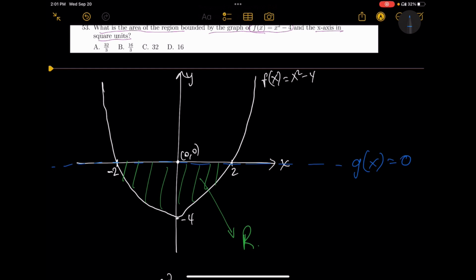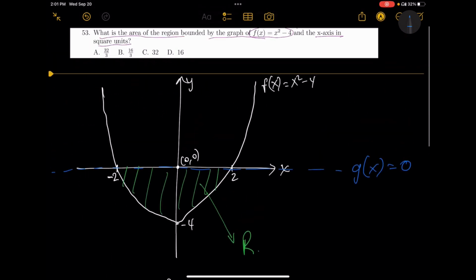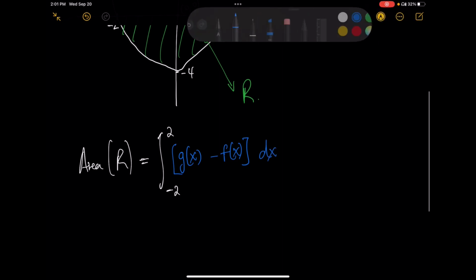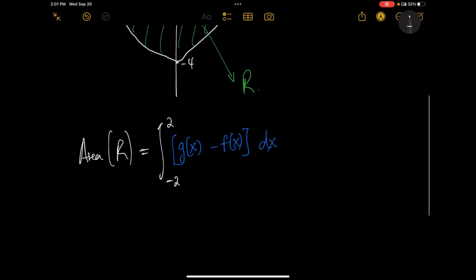It equals 0, for any value of x the value of y is 0, as we are trying to find the area of the region bounded by g of x from above and f of x from below. Therefore it is simply g of x minus f of x dx. This is how we calculate it, so this is equal